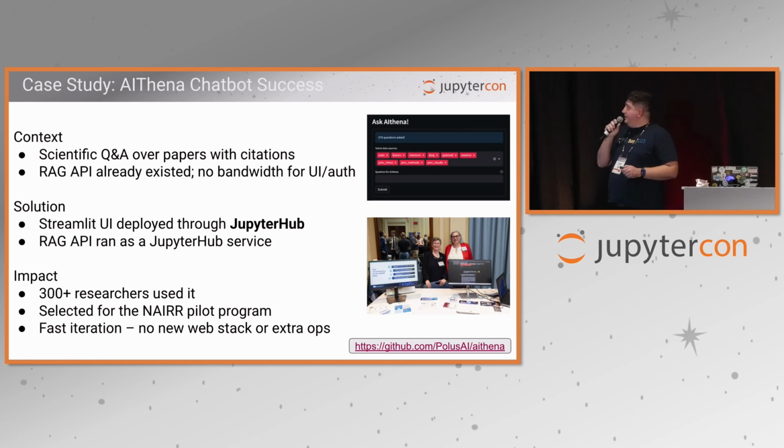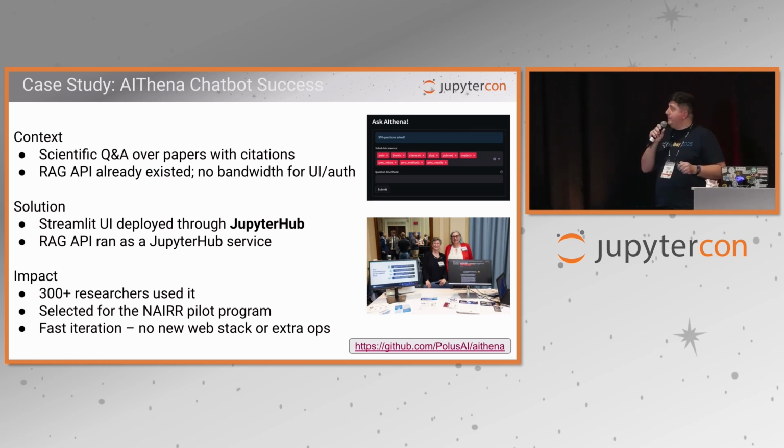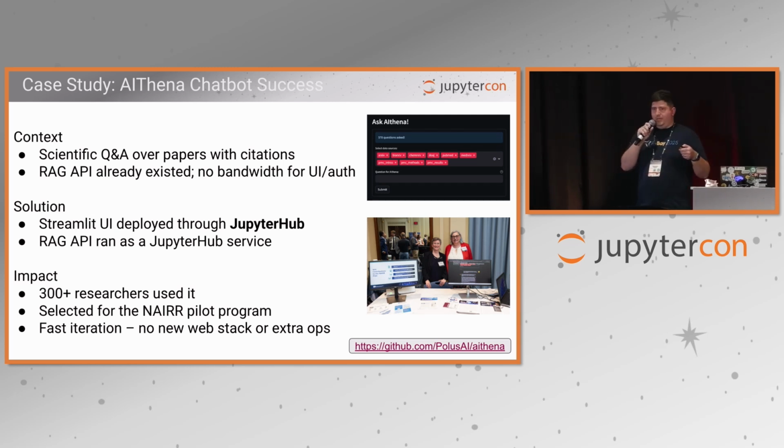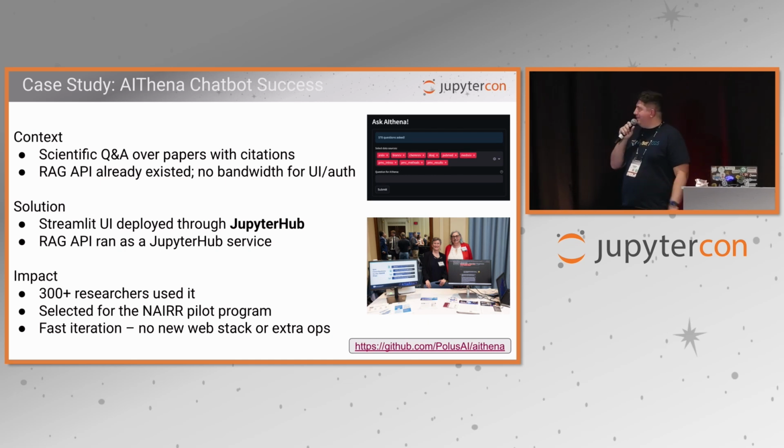Another case study was related to Streamlit. We have a team of data scientists experimenting with RAG chatbots over OpenAPI in 2023. They created a scientific Q&A chatbot, but they didn't really want to build a UI for that. So they reached for Streamlit, and we made it available to run through JupyterHub. That led to widespread adoption at the organization because AI, as you know, is a very popular buzzword, and everyone wanted to